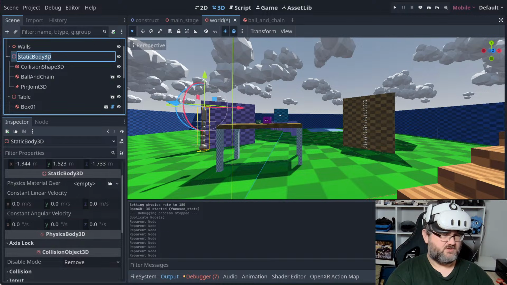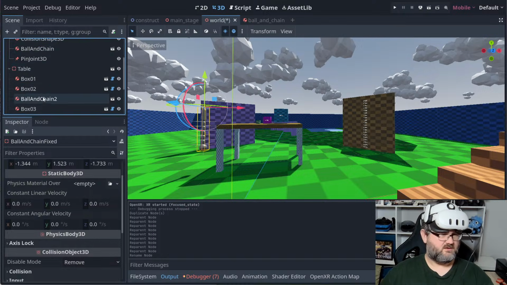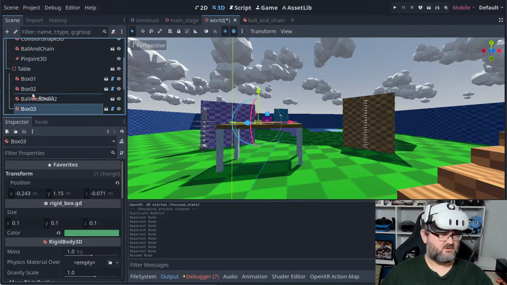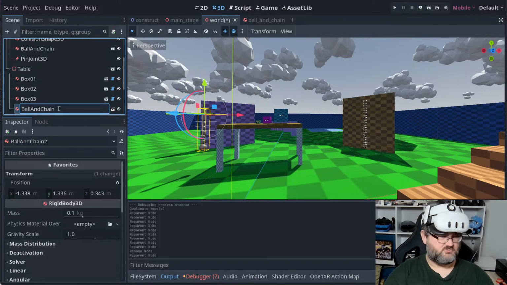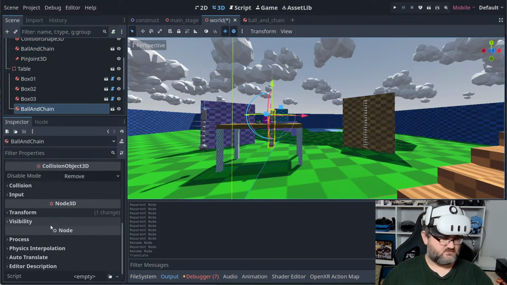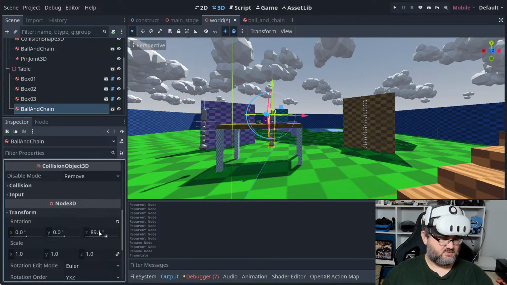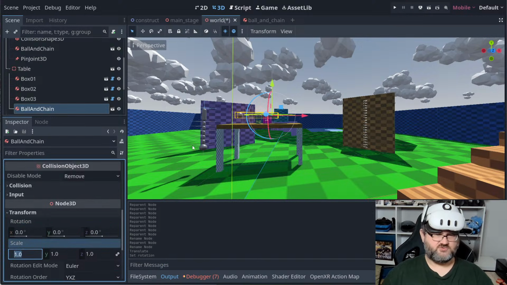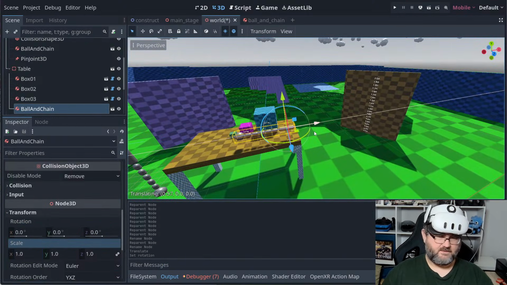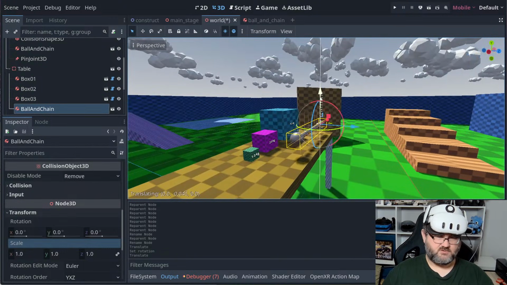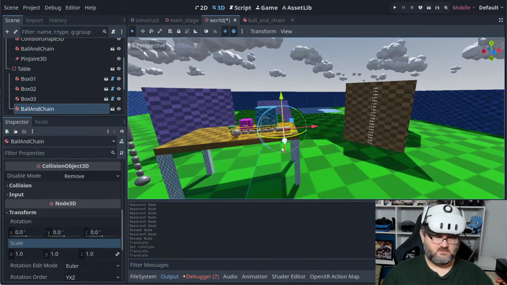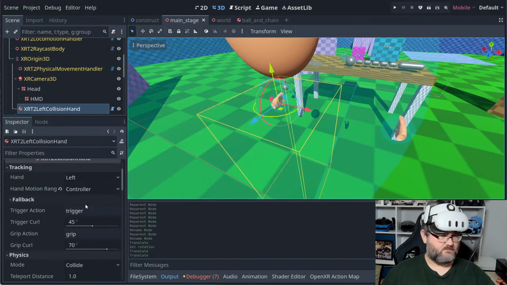So this is going to be all and chain fixed. And now I can just move that one over there. That one can be normal. But this one, I now want to go and just put on the table again, so that we have one that we can pick up. So we can have some fun with that. Okay. We can see if that works better. All right. Now